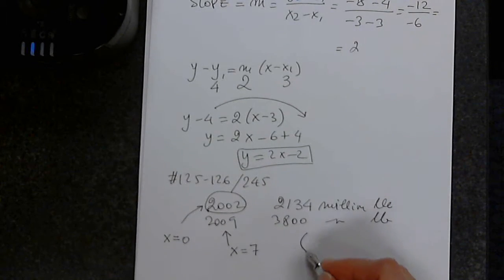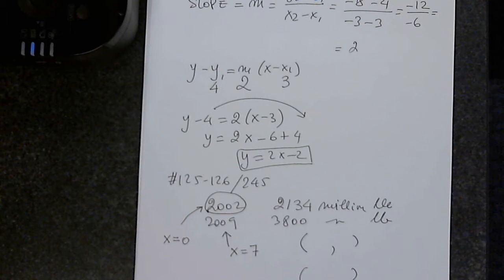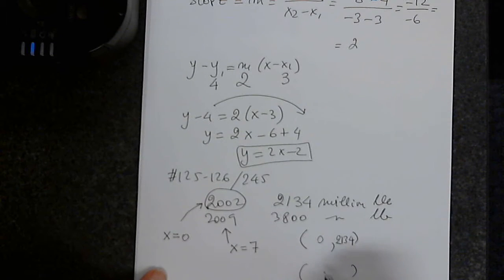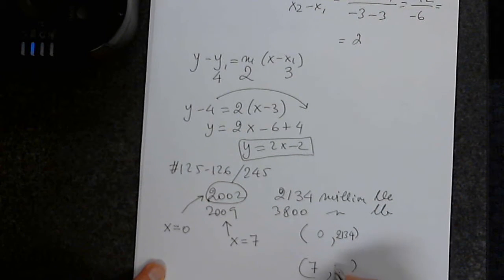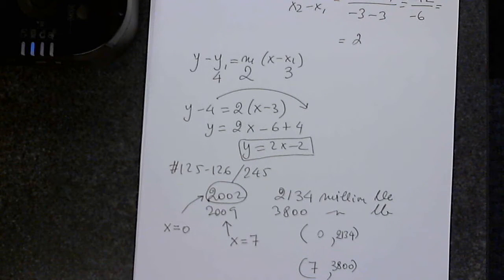So now can anyone give us two ordered pairs that represent the information we have in this problem? 0, 2,134. Yes, 0, 2,134. And the other one? 7, 3,800. Excellent. Find the equation passing through these 2 points, which is the linear relationship that